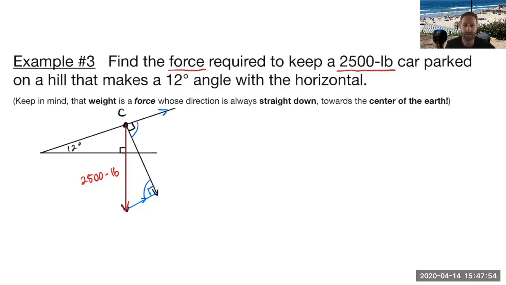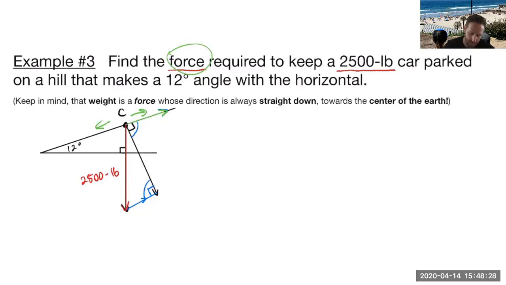And what did they want us to find? Keep in mind, they asked us to find the force required to keep the car parked. And so to keep that car parked on the hill, since it's being pushed this way, we're going to have to push it that way with what is called an equilibriant. That's right. So what I'm going to do is put this right here as that length right there, which remember, if I just slide it down,